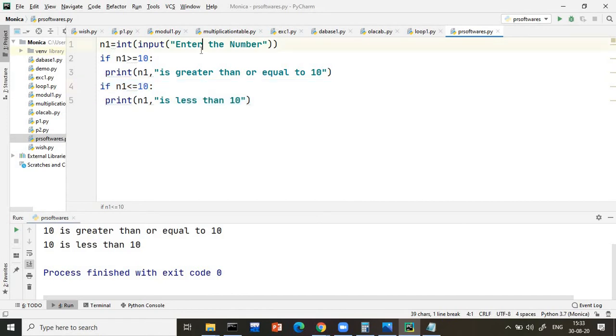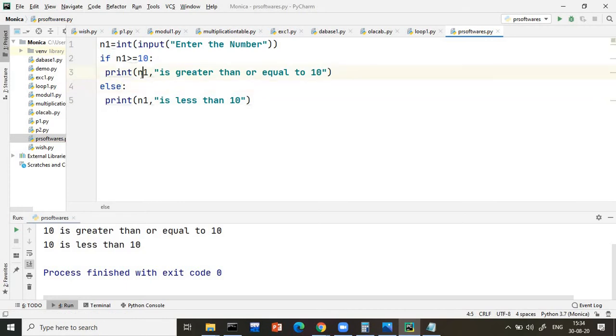But in this situation, if I have one condition and it has both a true and a false part, then the plain if is not suitable for this type of requirement. So which one can we use? We can go with the if else condition instead of writing two ifs. When do we go with the single if?